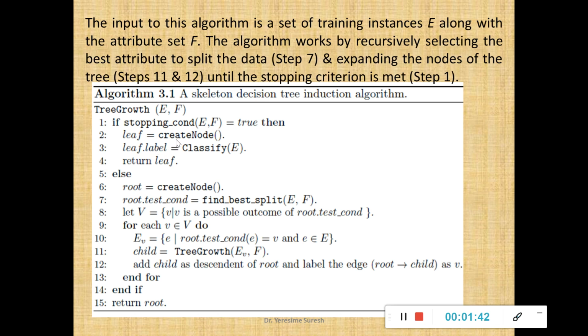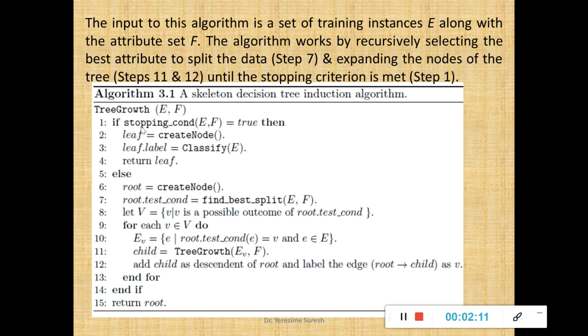The first one is creating the node. After creating, I am supposed to classify. What am I supposed to classify? Whether it is a root node, a leaf node, or a non-terminal node, that I am supposed to classify. And after classifying, I am supposed to split my decision tree, right? How to split? I am supposed to split by finding the best split. After that, the algorithm has to terminate. What the stopping criteria is will be decided here. So these are the four steps.